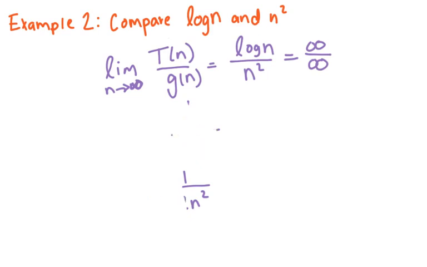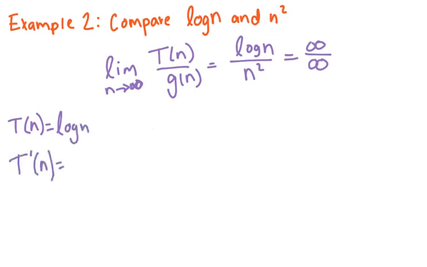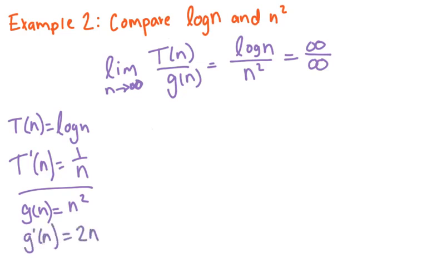And I'm going to erase this because I want to do it again. Okay, so t of n equals log n, t prime of n, the derivative of log n, is 1 over n. And this is not a calculus class, so I'll give you all of this, or I mean you're at home, so you can look it all up, which is fair game. So this is 1 over n, and then g of n equals n squared, so g prime of n is going to equal 2n. Right, so if we go ahead and do this, we get 1 over n divided by 2n,